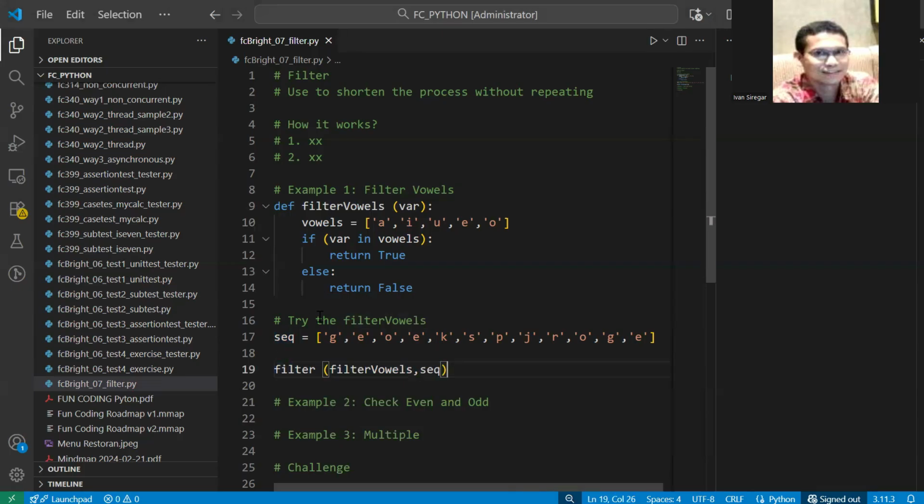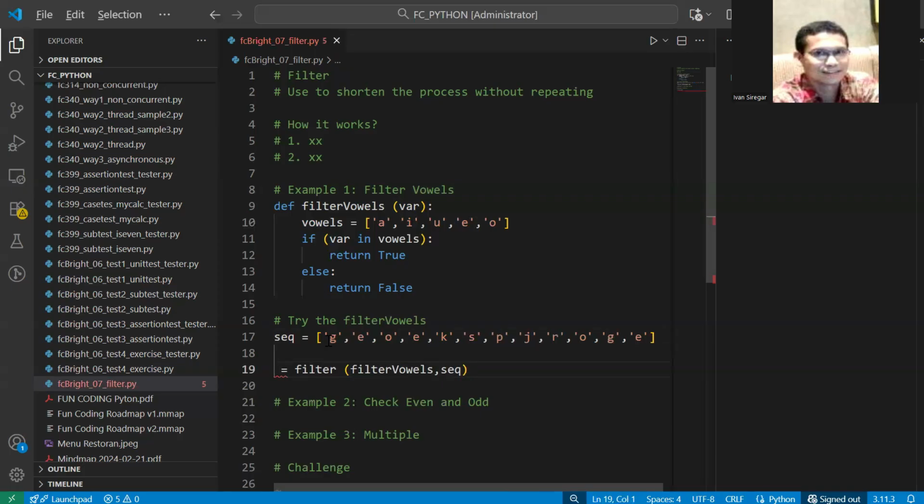So it means that you will filter this sequence, and this filter will bring all of the instructions inside and then check all of the sequence. Whenever it's true, it will collect all of the true answers, which are E, O, E, and so on, and put them as the answer here.